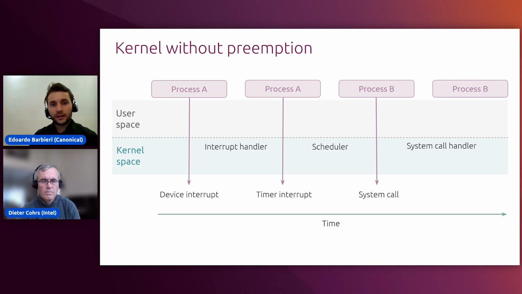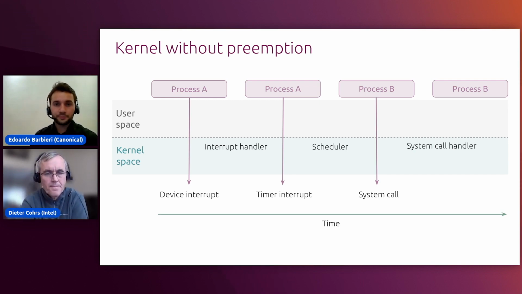The issue with this picture is that when a user space process requests a kernel service, no other task can be scheduled to run until the original process has completed. So without preemption capabilities, scheduling can only take place after the first task completes its processing, which means that you can't have the deterministic response time because you have to wait for the completion of the original kernel request.